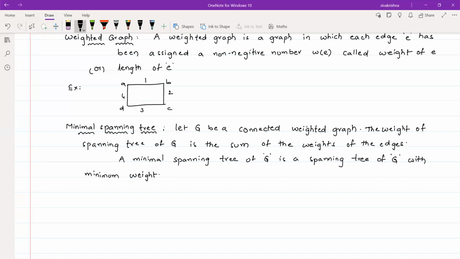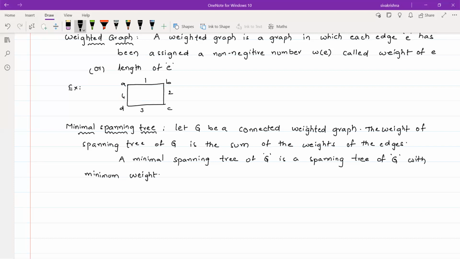Okay, so since the given graph contains 4 vertices in the above example, the required spanning tree should also contain 4 vertices. Okay, so if the given graph contains 4 vertices, then the spanning tree contains 4 minus 1 edges. It means we have to form 3 edges in that particular spanning tree. So whenever I have drawn AB, BC, and CD, then we get 3 edges and all the 4 vertices are included in that particular graph. Then we say that that is a spanning tree. Of course, that is a minimal spanning tree.